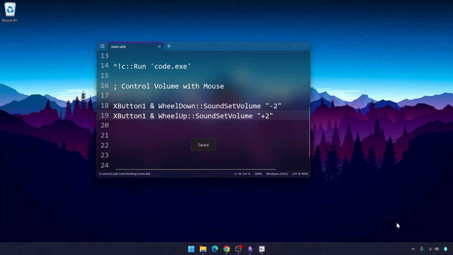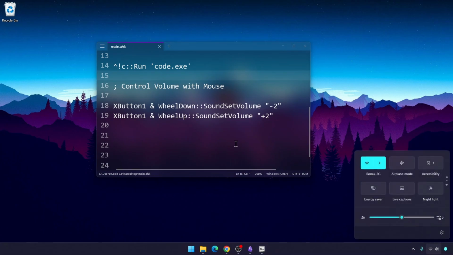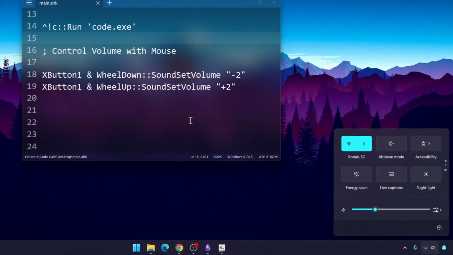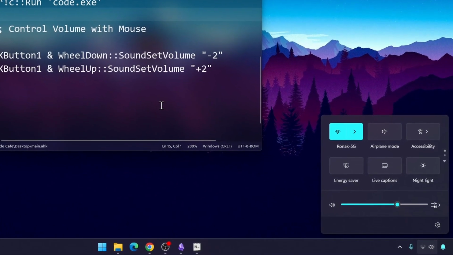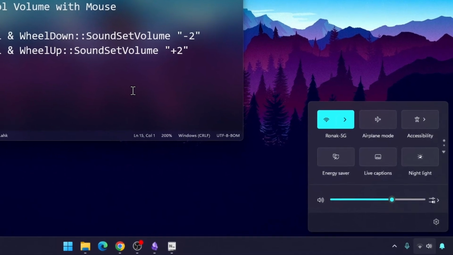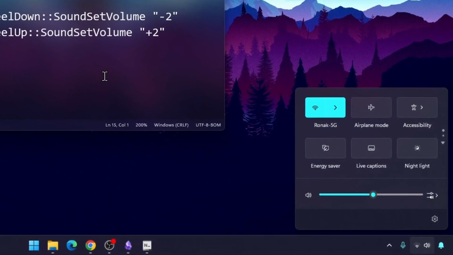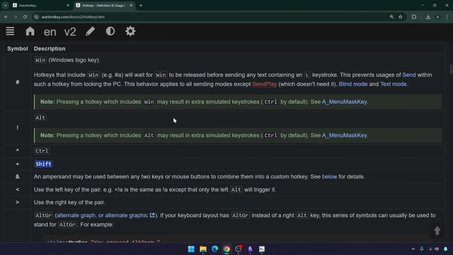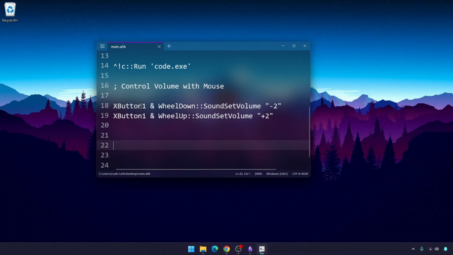And now if I save it and go here and right click it, it should work. And now if I open this tab and hold my back button and scroll, I can control the volume through my mouse, whichever app I am in. It allows you to do this with only the scroll wheel in VLC, but here you can do it with any app you like. But obviously, it doesn't work with the back button here. Like here, if I press the back button, it won't work. But if I go back and press the forward button, it will work because I did not define the forward button here. And the forward button is XButton2.